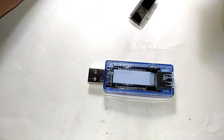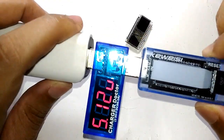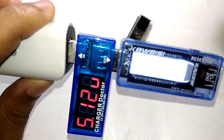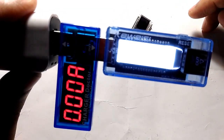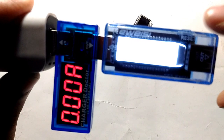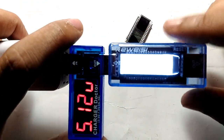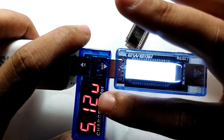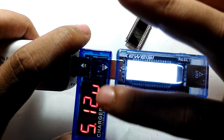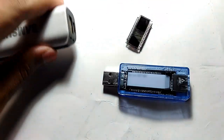Now I'm going to measure the power. Let's measure how much power this thing consumes. I'm going to use a charge adapter, it's 5 volts, and if I plug this in, if I turn the power on, it shows 0 amps, which means the power consumption is too low for this to even detect. It is probably in the ones range. It has 2 digits, hundreds, tens, and this was used to show as an indication of voltage or amps. So I'm going to use something else to detect it, which is